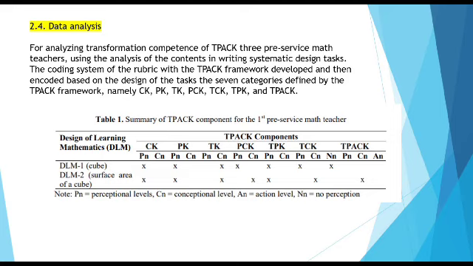On DLM2, PMT1 described the surface area of a cube, CKPN, how to find the surface area of the cube, PKPN, as well as the use of GeoGebra to explain the steps of determining the surface area of the cube, TKPM. The relationship between content and pedagogical knowledge was explained: to be able to find the surface area of the cube, the student should understand the area of each side of the cube, PCKCM.